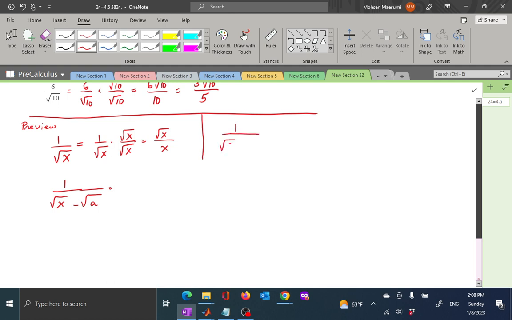Suppose I have radical 5 minus, say, radical 3. What should I do? Multiply numerator and denominator with the same thing as the denominator? Well, you have to keep in mind that we are not just following a recipe. We have a goal in mind, and our goal is to make the radicals go away. The goal is not just multiplication. The goal is to make the radicals go away